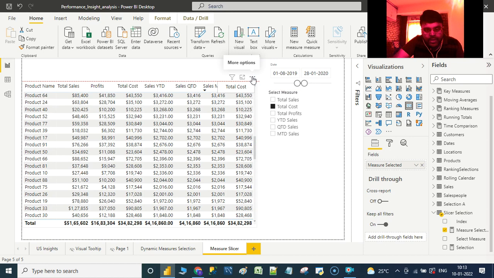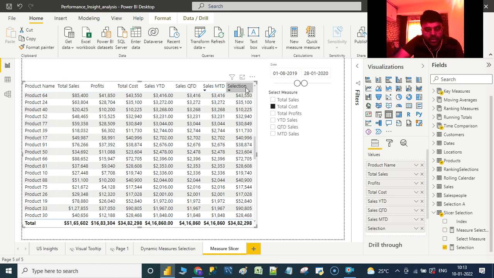Let's go here and adjust things accordingly. Now, in order to have a look at the real-time impact, let us remove all these measures and see how it exactly works.